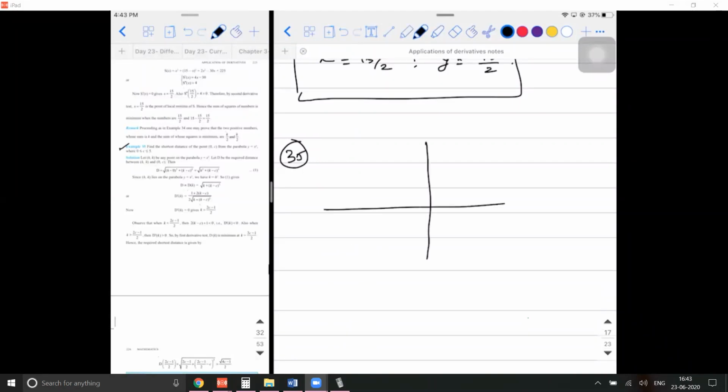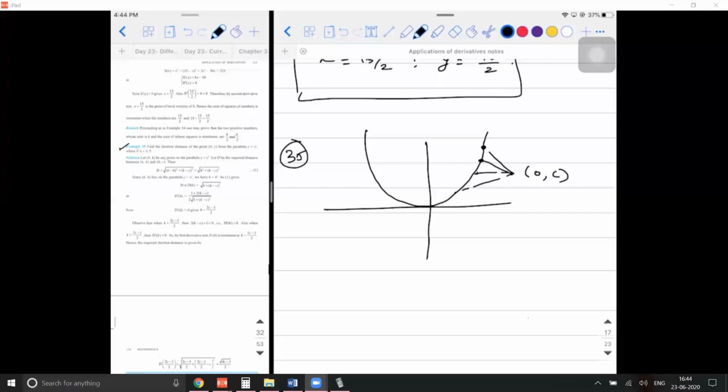So y is equal to x square is an upward parabola. So where will 0, comma c be? It can be anywhere, we don't know where it is. If I'm taking c greater than 0, less than 5, so c is a variable. If suppose I'm taking this point to be 0, comma c, from 0, comma c, how many distances can you find? You can find this distance, you can find this distance, you can find this one. Like this, infinite number of distances are there, out of which there will be only one point on the curve y is equal to x square, which will give you the least distance. In general, that least distance will always be the perpendicular distance.